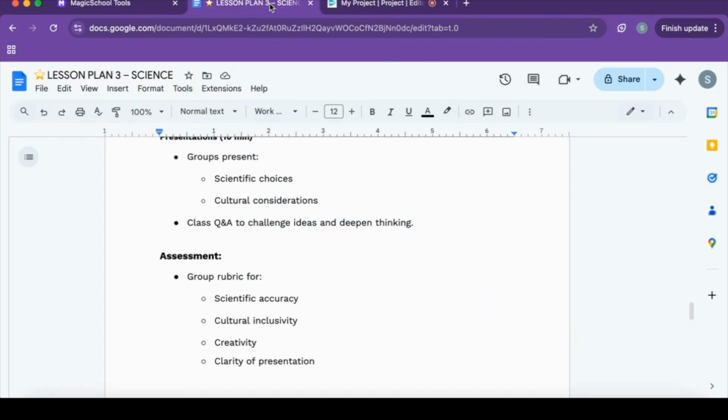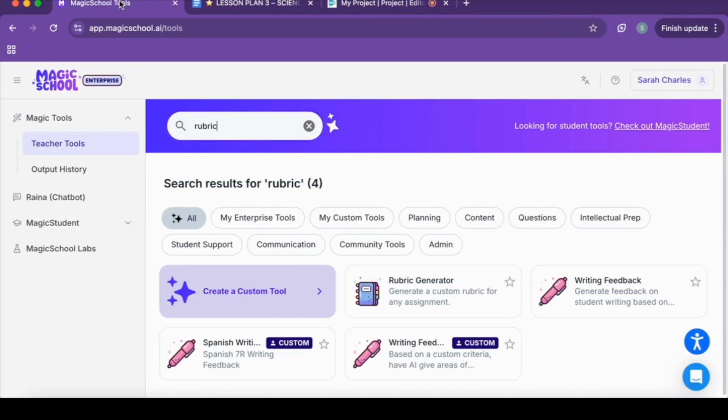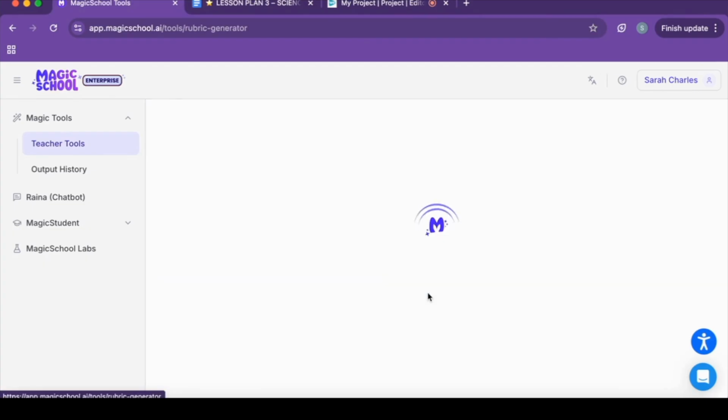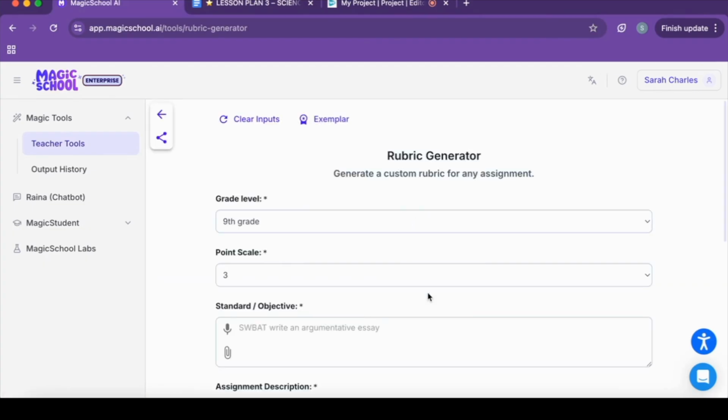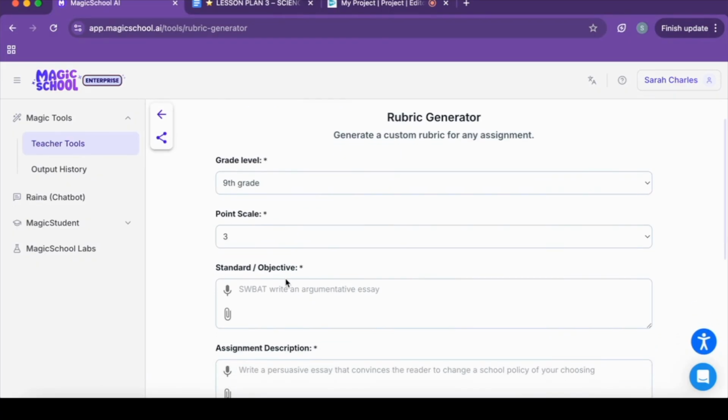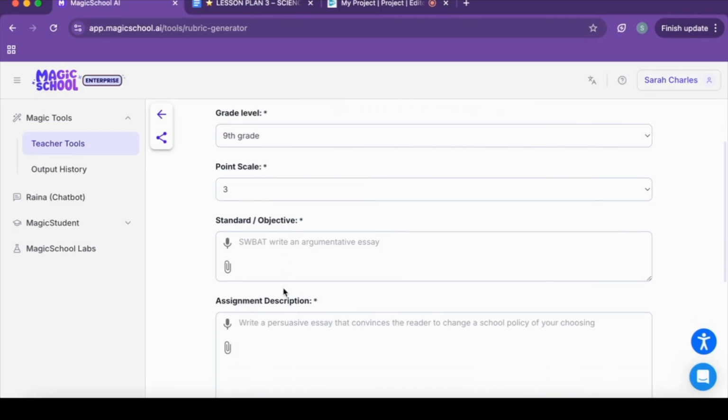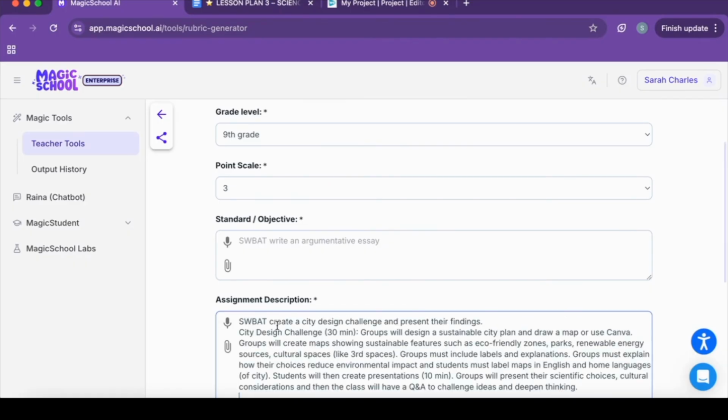Another great Magic School tool you could use for this lesson is the rubric generator. So if I head back over to Magic School, I could search for rubric and I'm going to get my rubric generator tool. And then you just want to customize the rubric generator. So changing the grade level, the point scale based on how you'd like to grade the project. And then you're going to input the standard objective and the assignment description. So I have created something based on the lesson,